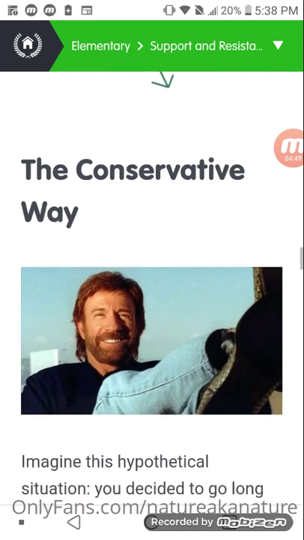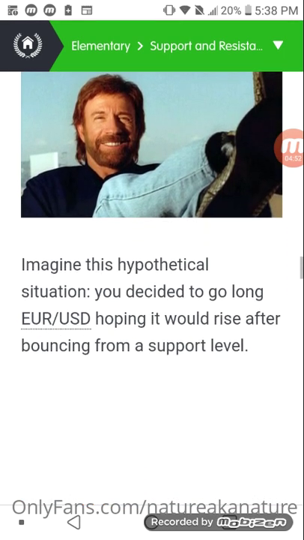Okay, that's the aggressive way. The conservative way to play the break is